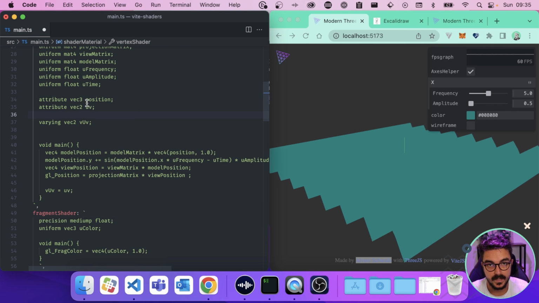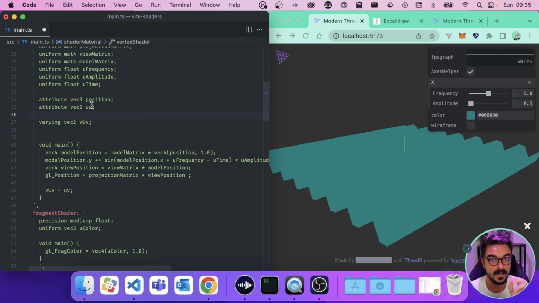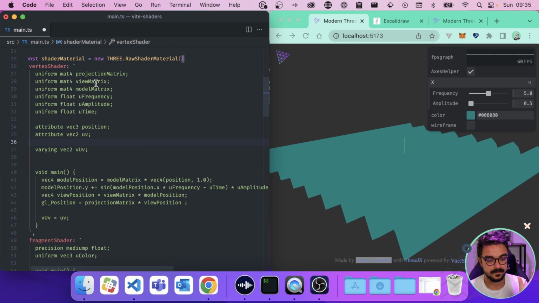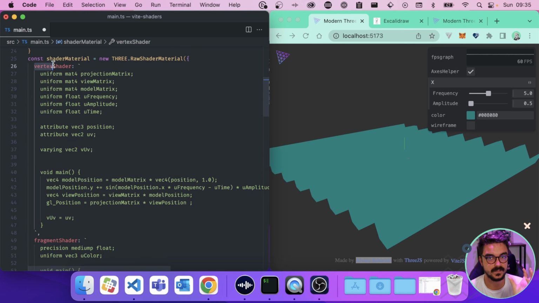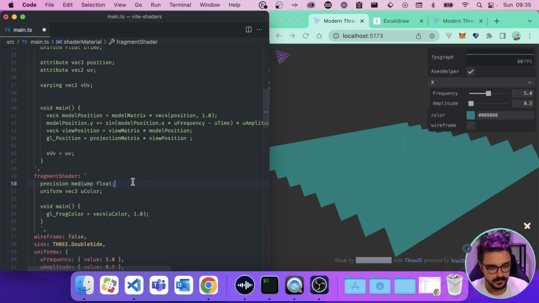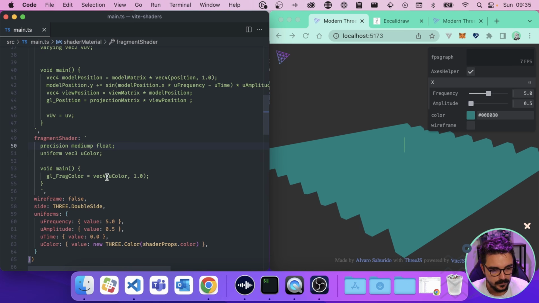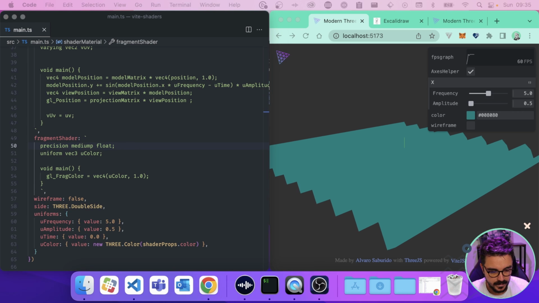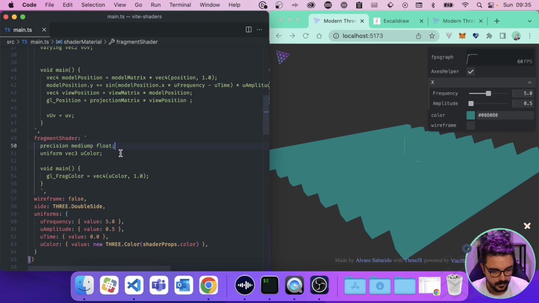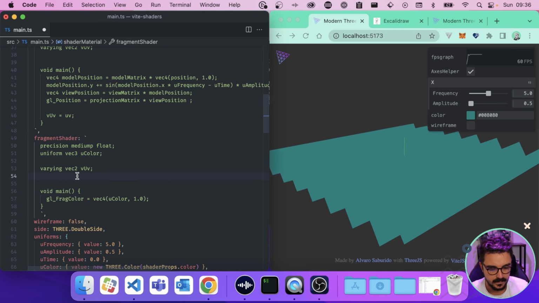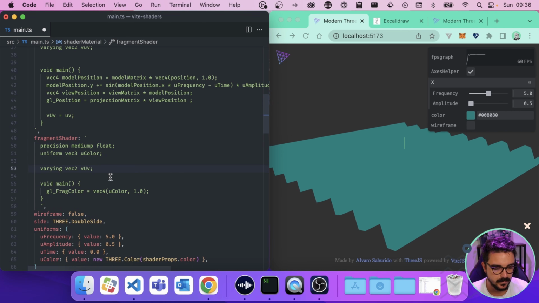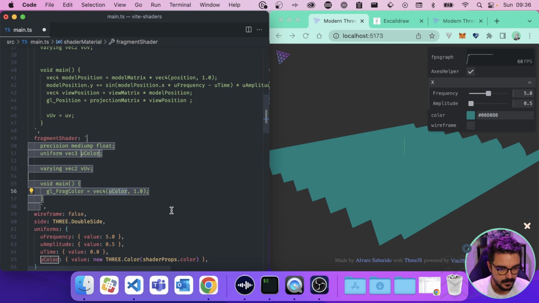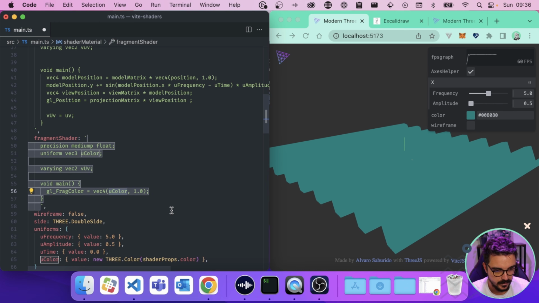doesn't have access to the attributes because it's something about the geometry. Okay, it's about the positions, the rotations. It's not about the colors. Okay, and if we pass it to our fragment shader, we need to define here also that we are going to use a varying. Okay, this is what is going to serve as a bridge between the vertex and the fragment shader. And instead of the color, we can use here our vUv.